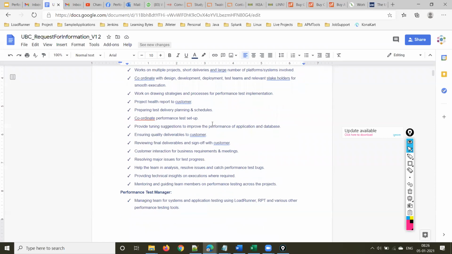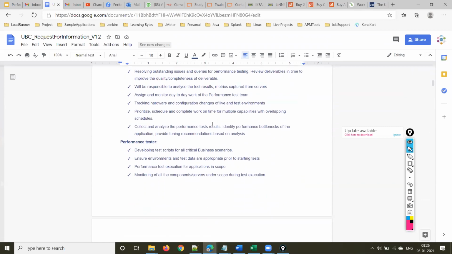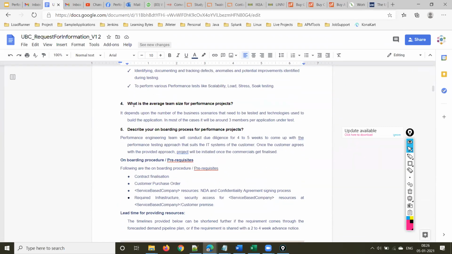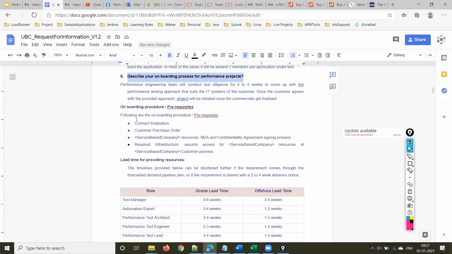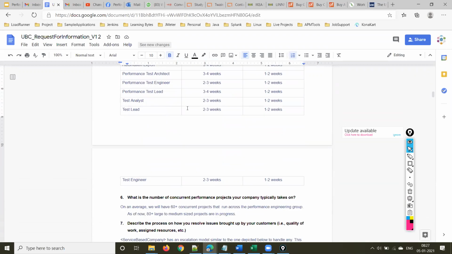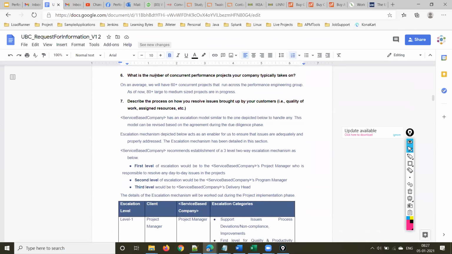So let's quickly see some more information they are expecting. What is the average team size for performance projects? Describe your onboarding process for performance projects, and I gave the onboarding procedure. What is the number of concurrent performance projects your company typically takes on?